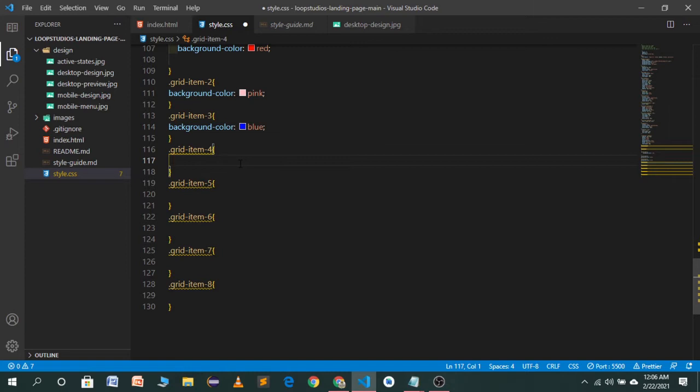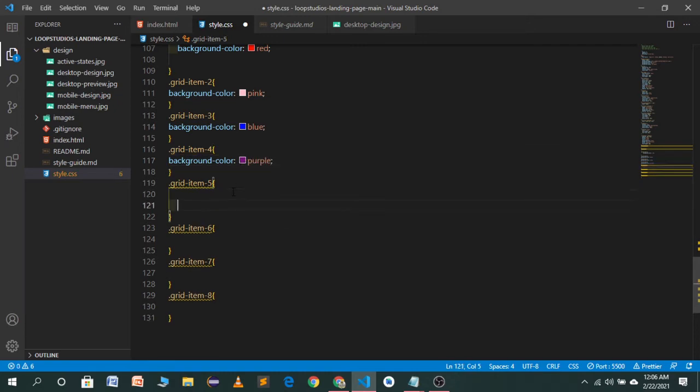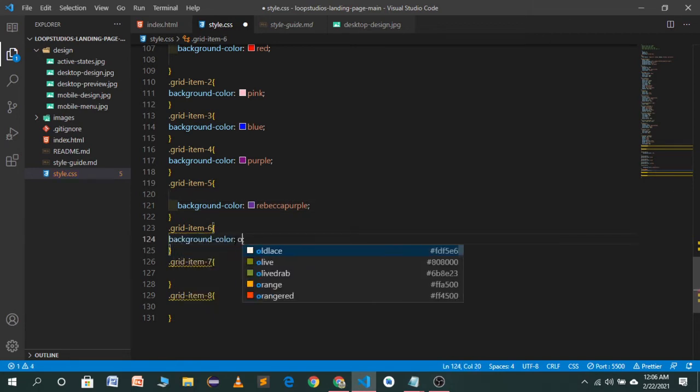These colors are temporary. We will remove them later. So the background color for grid item 4 will be something like purple, and the background color for this one will be, I think, this one, and we can give different background colors to different items.